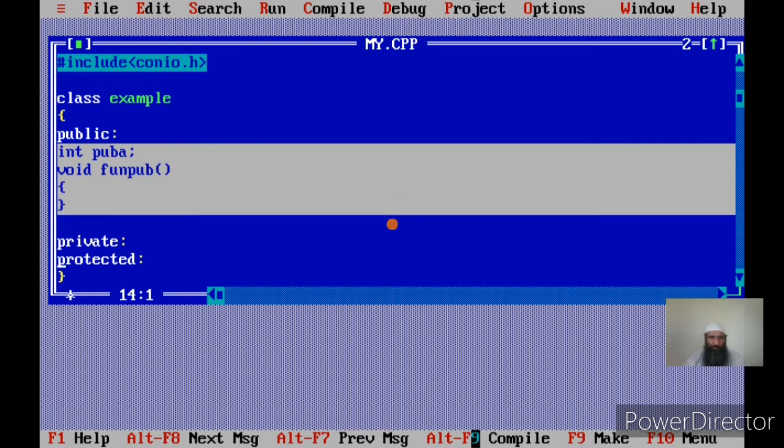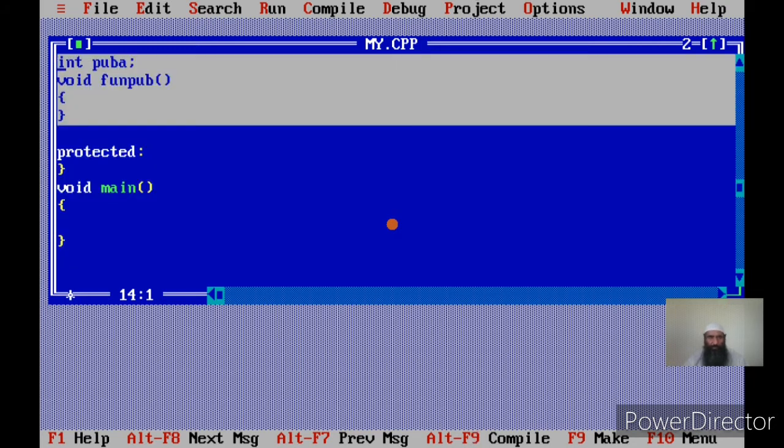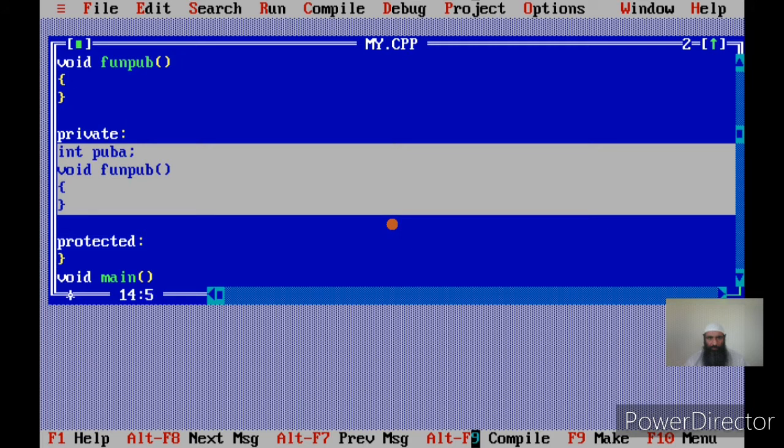I'll define two members here. Now I'll call this private A, and I'll call this function private.